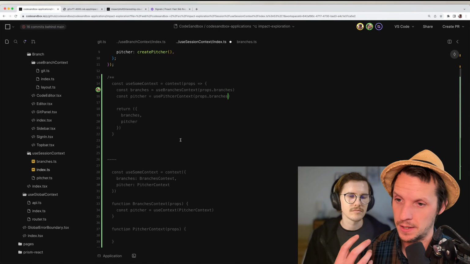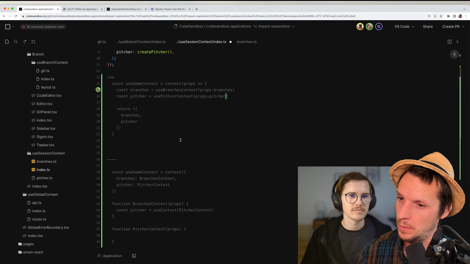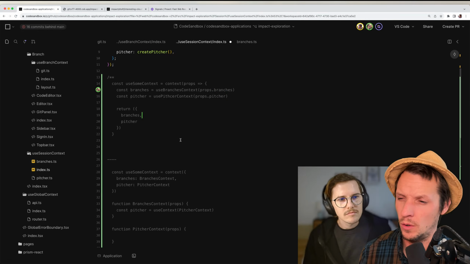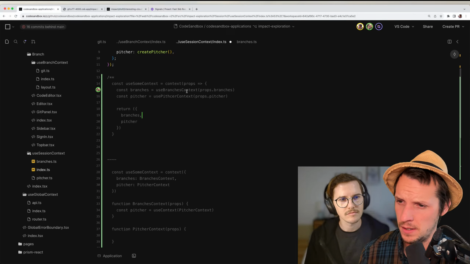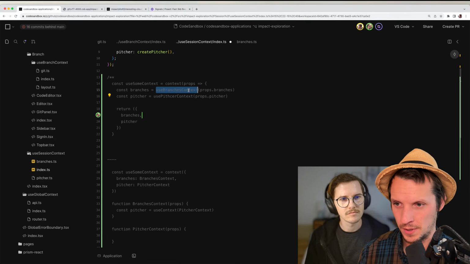So it actually checks where it is running, which is more similar here. The only challenge here is that the hooks don't take props. It's the provider that takes the props.